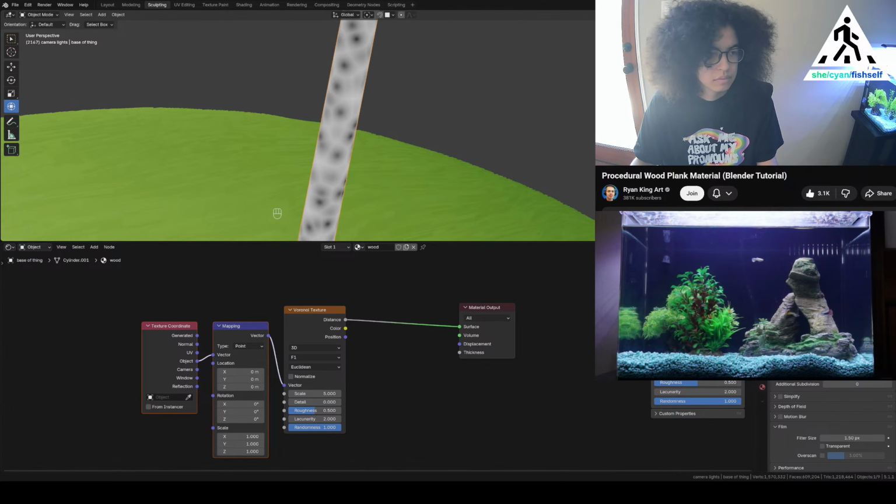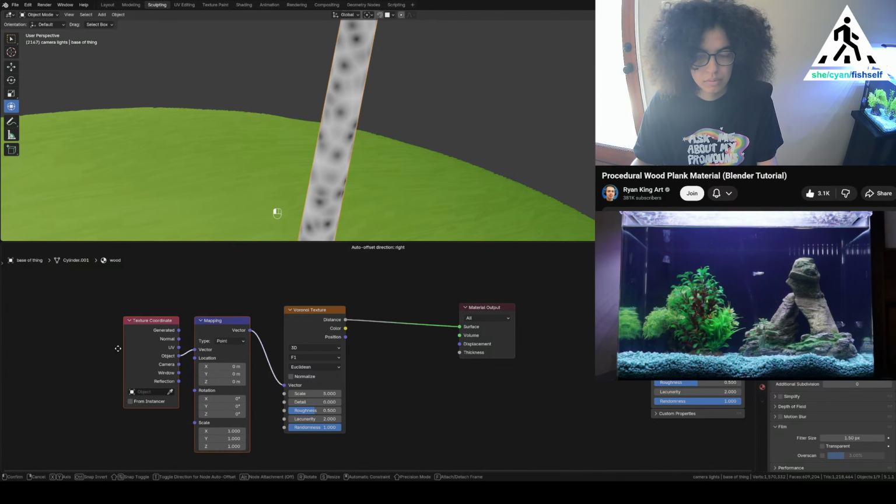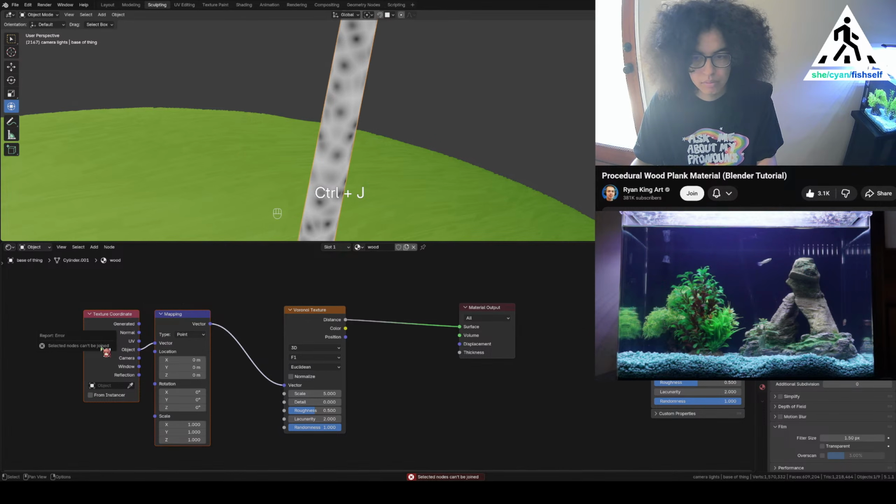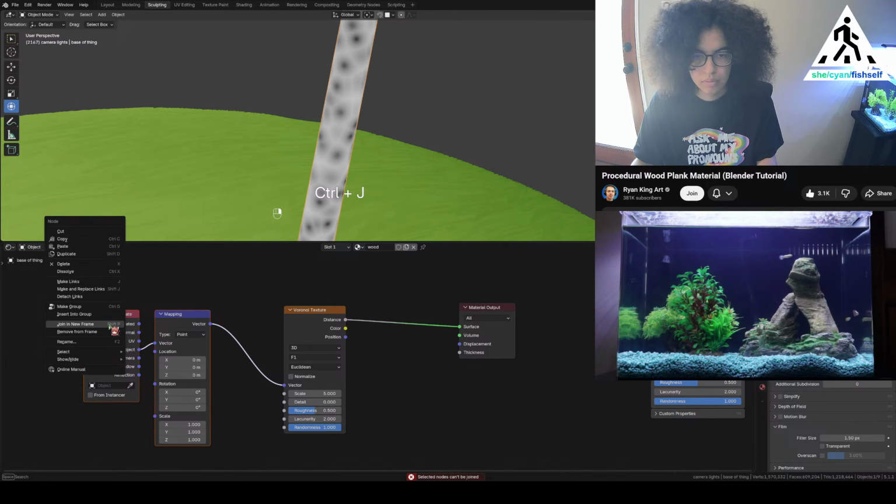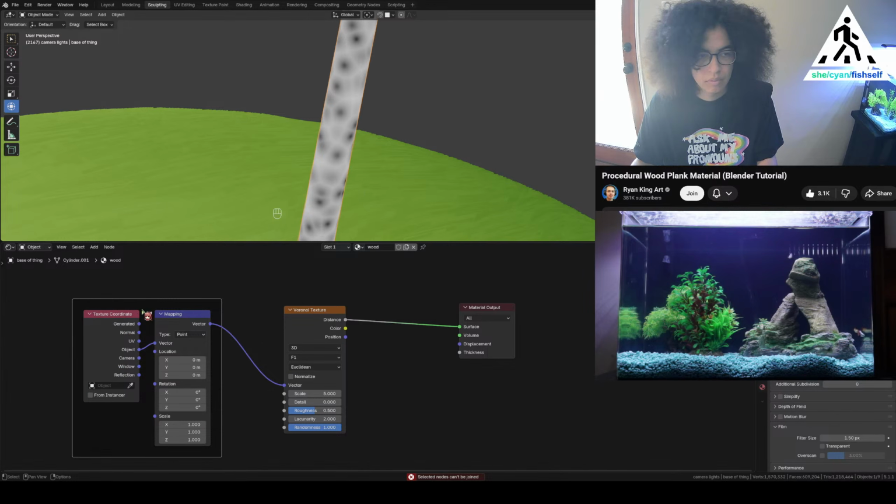Now, because this is a little bit of a complex material, I want to keep my nodes nicely organized, so I'm going to click and drag to box select these two nodes here, and I'll press Ctrl J. Ctrl J will join them together into a frame, and then I can select the frame, and I can press F2 to add a label, and I can call this mapping. All right, so now we can change some of the